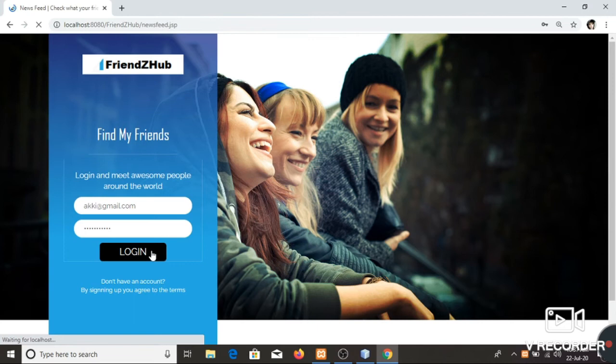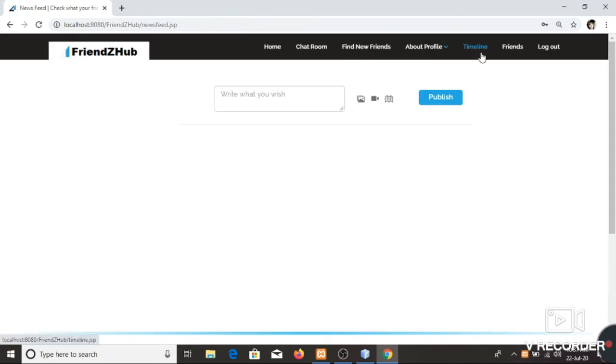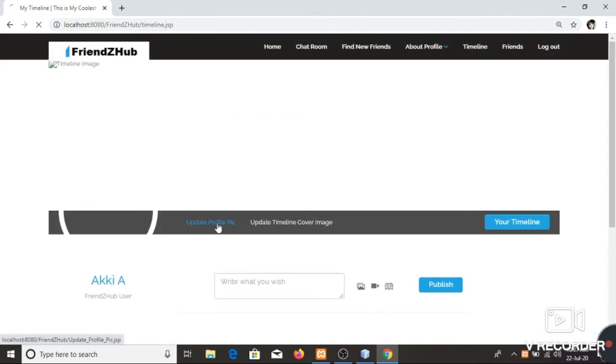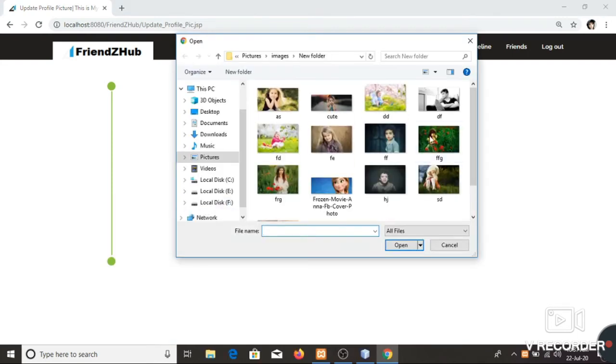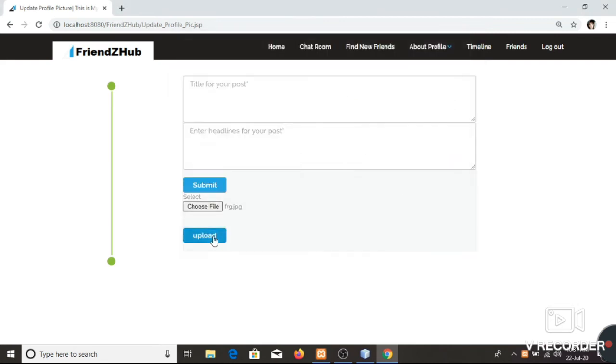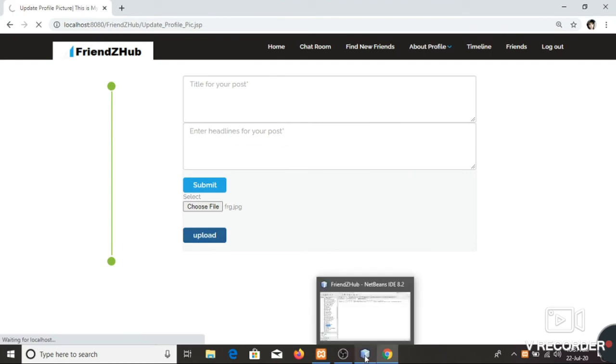Since Aki hasn't made any friends, he won't view any images posted by his friends. Now Aki is going to upload his profile picture. Before uploading the profile picture, he will enter some description about the picture that he is going to upload. Then after he clicks the submit button, his picture will be uploaded. Then his user credential details will also be entered into a text file, the data.txt file.